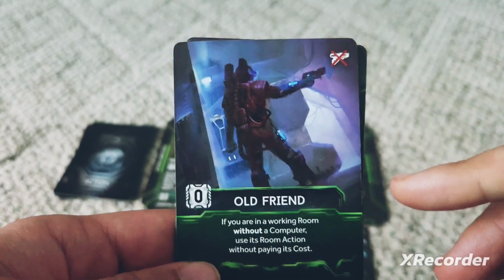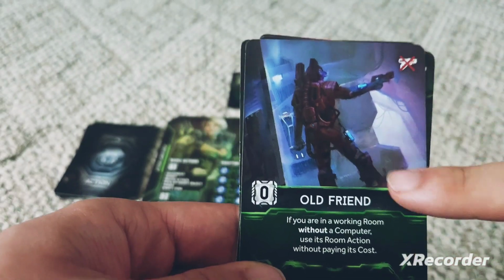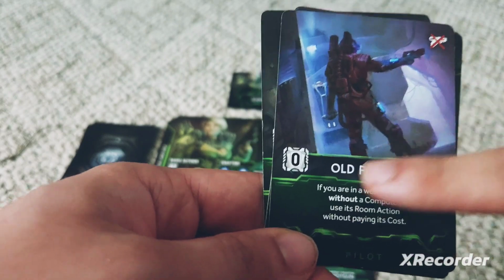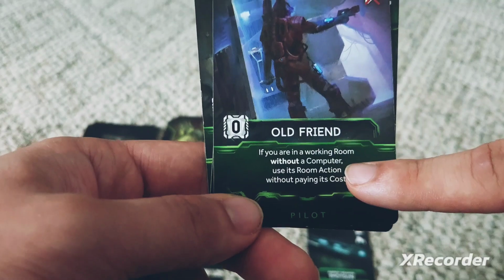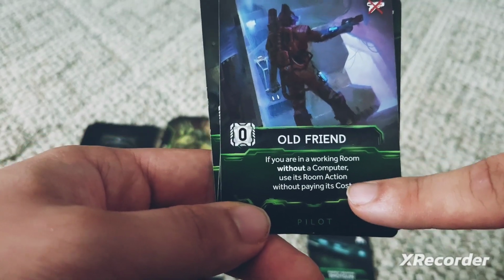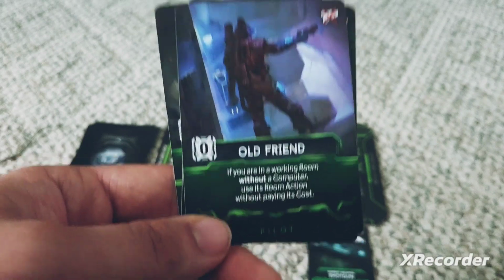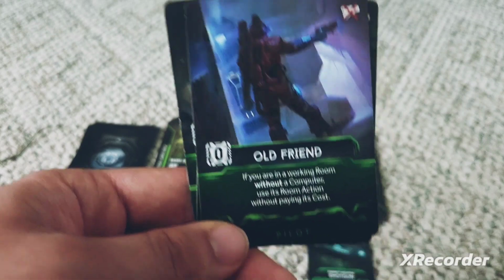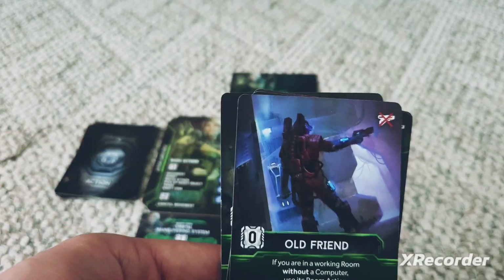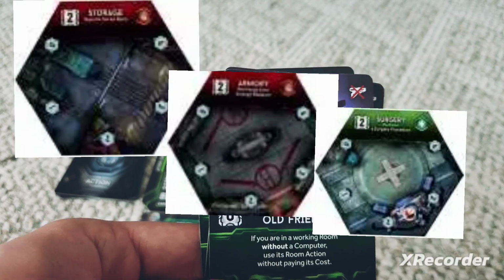And this is Old Friend. It is a non-combat card, so you can't be in a room with an intruder when you're trying to use this card action. It costs you nothing to play. And all it says is if you are in a working room without a computer, use this room action without paying its cost. Which honestly makes the pilot even more versatile than the scientist, because the scientist needs a computer to do something like this, whereas the pilot has the ability to do it without a computer, i.e. the storage room, i.e. the armory, the nest,